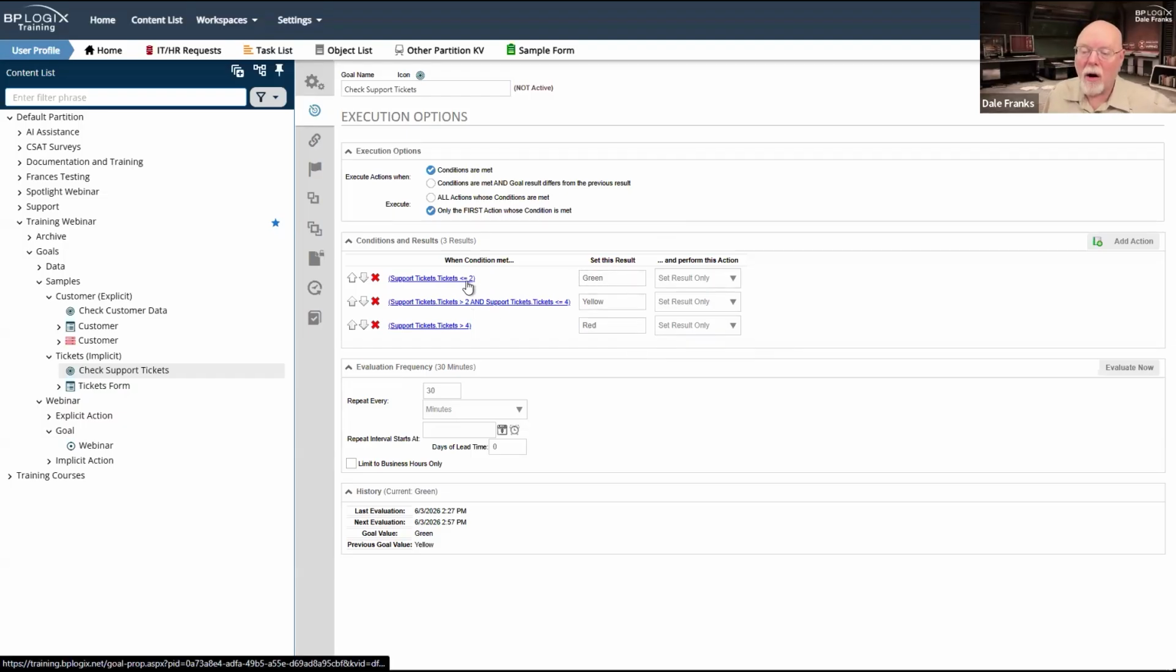And if there are 2 or fewer tickets, so if there are 1 or 2 current tickets that have not been processed yet, then the result is going to be green. If there are 3 or 4 support tickets, then my system is going to come back with the result of yellow. And if there are more than 4 support tickets, it's going to come back as red. So nothing is really happening here. Well, that's not exactly true. Something is happening